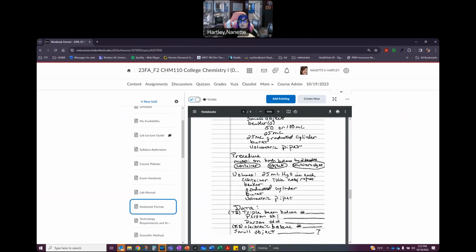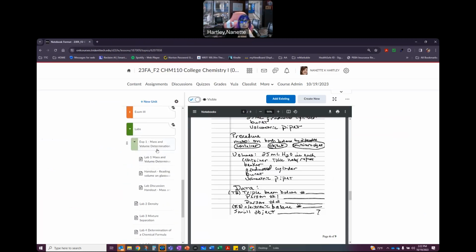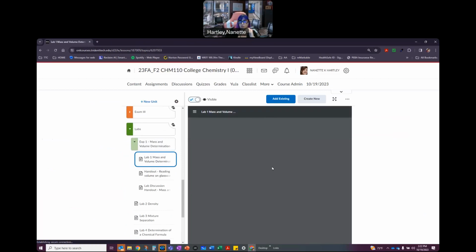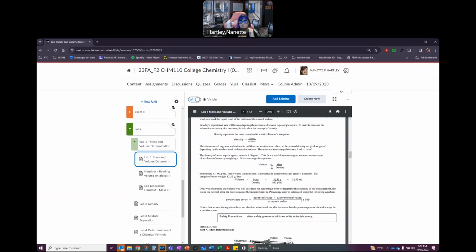And the other thing I need to see is, and here's my procedure. We're going to take mass volumes for these things, and then here's the data that I'm going to collect for that. Well, I need to know what balance I used, who the first person was, second person. So here's all the data tables. So in your lab, what you'll see is that as you go through this, not only are there steps for what you need to do in the procedure,